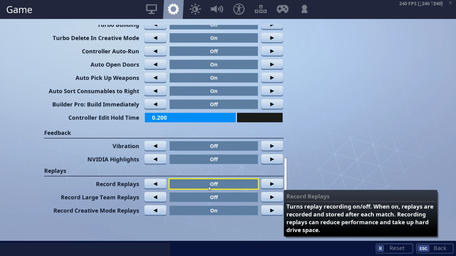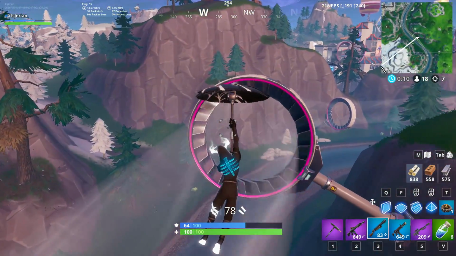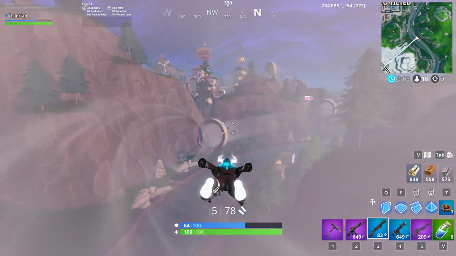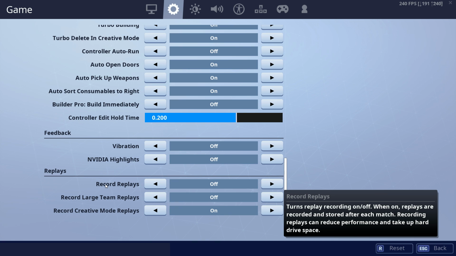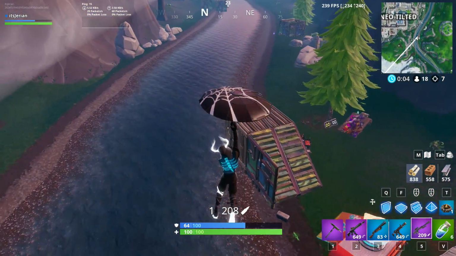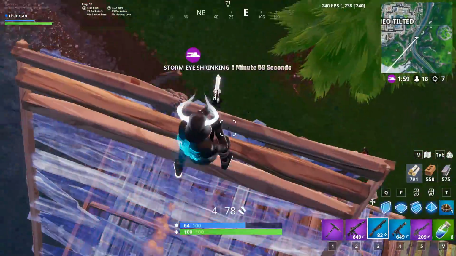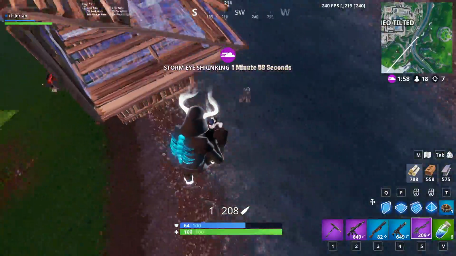What it does is records each of your games so you can view them whenever you want in your replays. The problem is, for console and for low-end PCs, it can really affect your FPS. It even says when you hover over the option that recording replays can reduce performance and take up hard drive space. My advice for those of you looking to get a solid 10 to 20 FPS boost is to turn it off. The downside is of course that you won't be able to watch back your replays